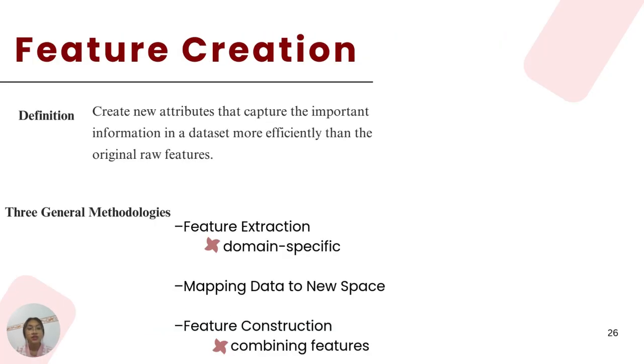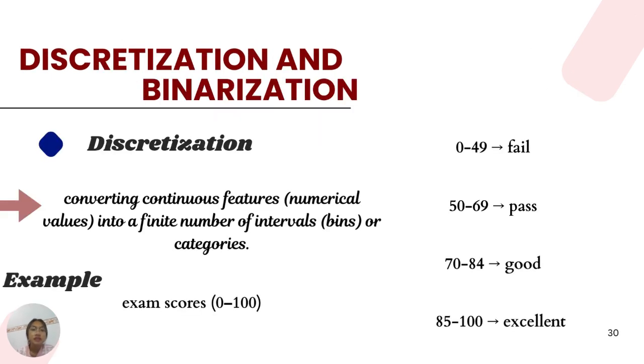And this one is feature creation. This creates new attributes that capture the important information in a dataset more efficiently than the original raw data. Instead of just using raw features, you can generate new ones that make the pattern more visible to the machine learning model. And these are the three general methodologies: feature extraction, which is domain specific, mapping data into a new space, and feature construction, which combines features. Not only that, we also have discretization and binarization. So first,